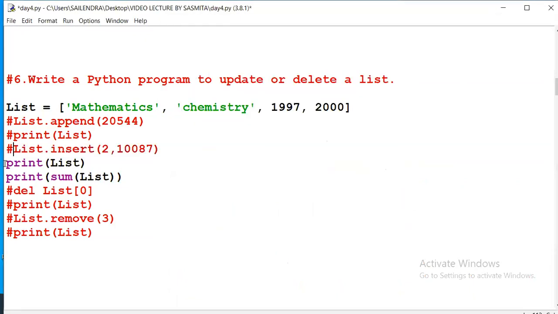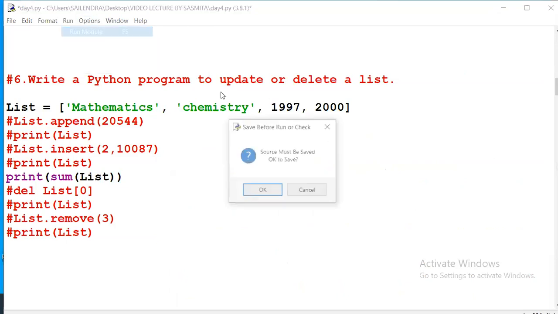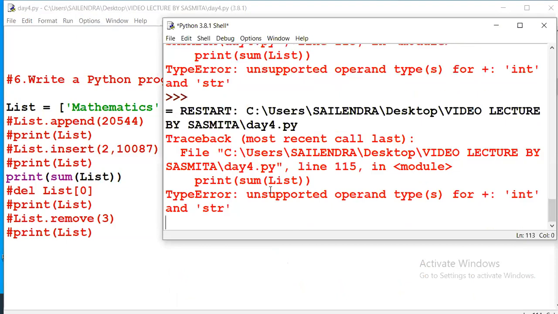Type error, str. A string will not be added.